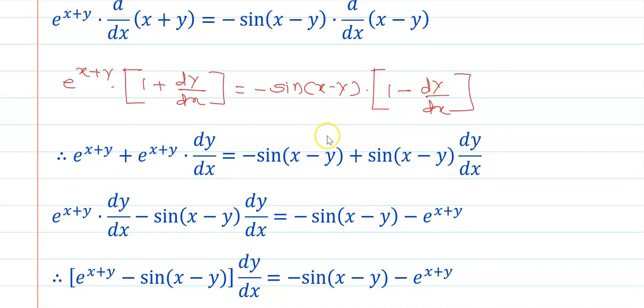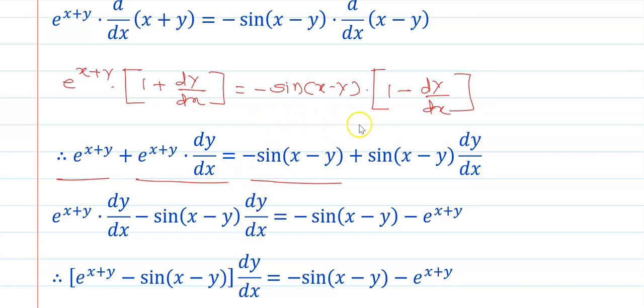Okay. Next simplification. 1 into e raised to x plus y is e raised to x plus y. e raised to x plus y into dy by dx is e raised to x plus y into dy by dx. Next equal to